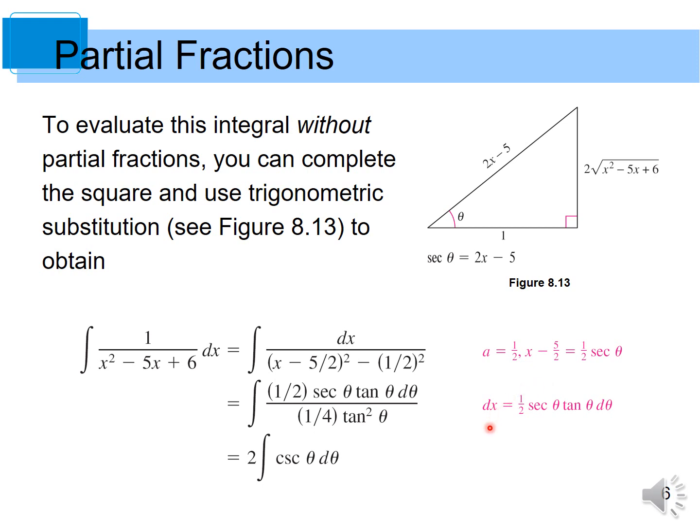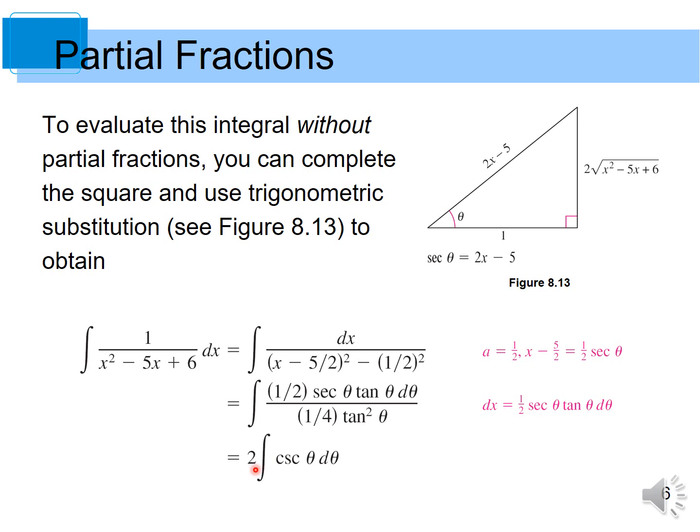So dx d theta will equal one half secant theta tangent theta. And we perform the change of variable. So we have this form, and then we simplify, and we have